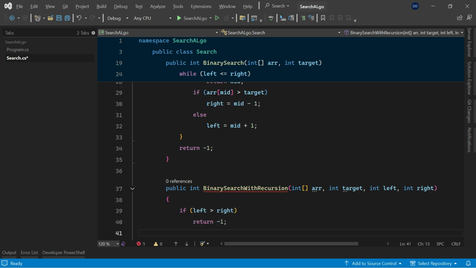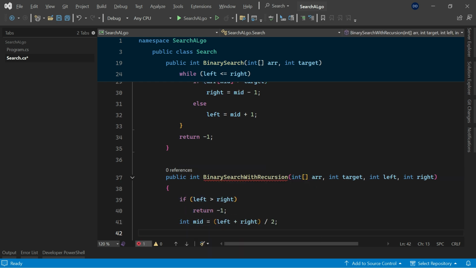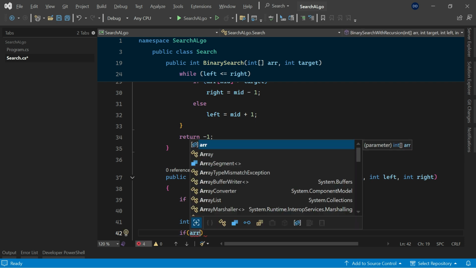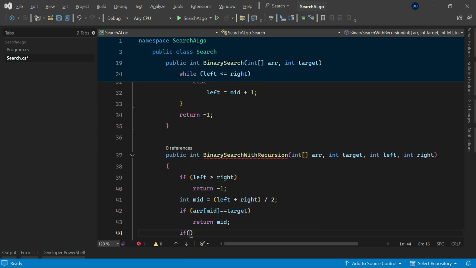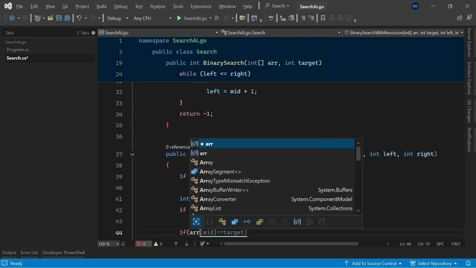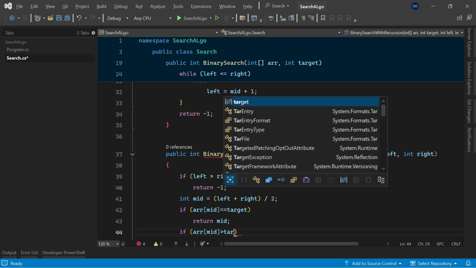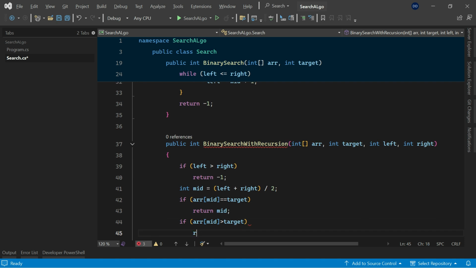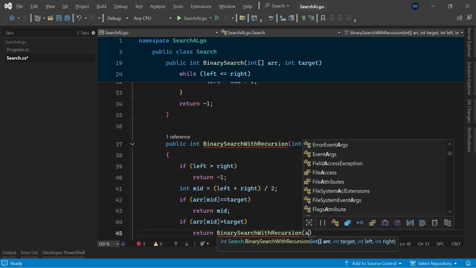We will return -1. If not, we will first calculate mid and we will check whether array of mid is the same as target or not. If it's the same, that means all set, you got your answer. But if not, then you have to check whether it is bigger than target or not. If it's bigger, we will call this recursion function again, and we will pass array,